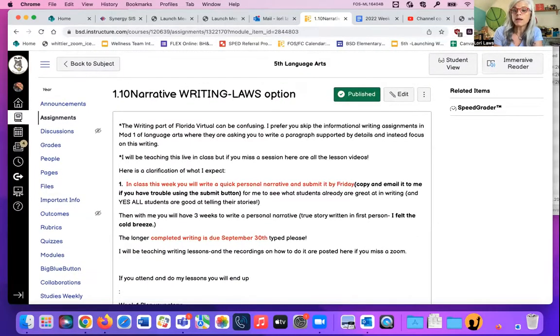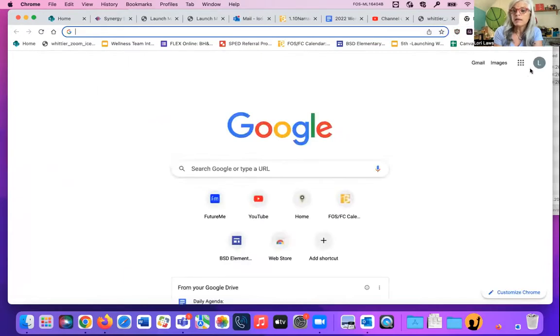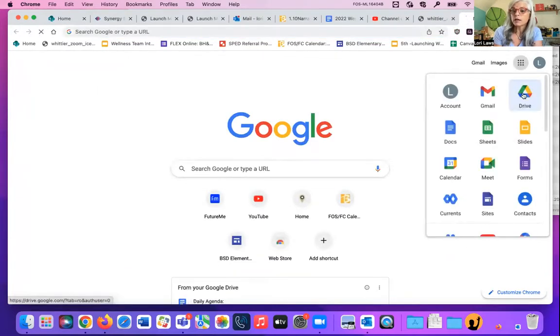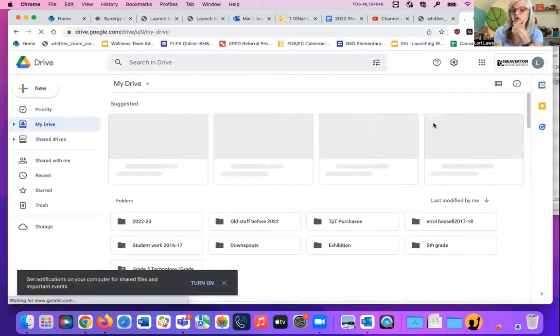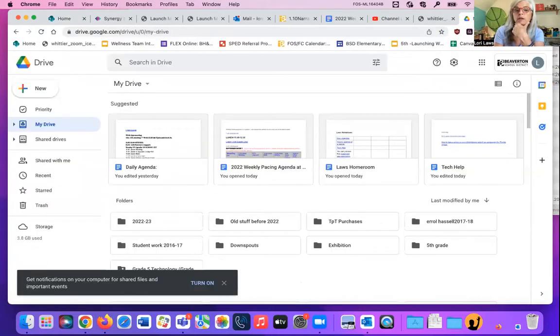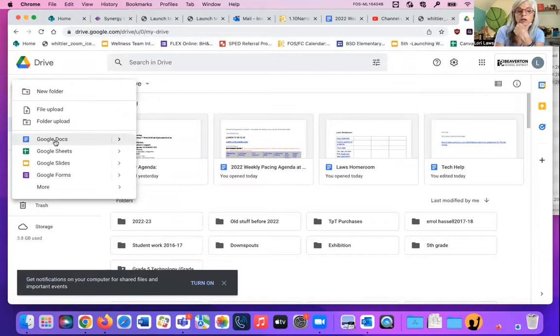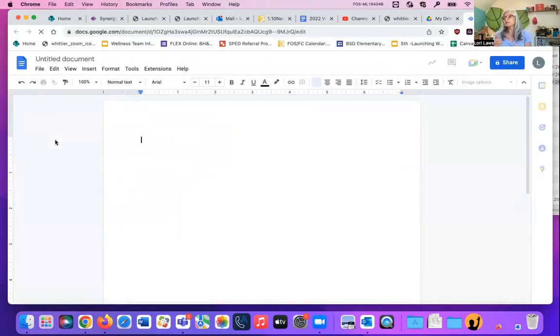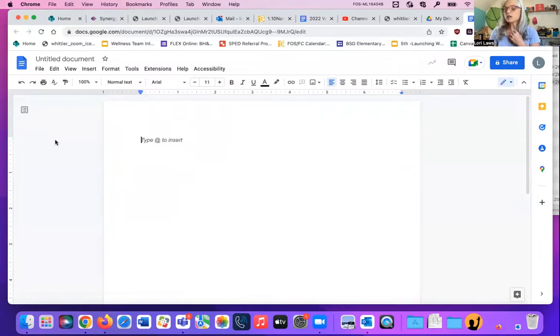Now, what I would recommend is you go to a new tab and you open up a Google Doc. And you go to your Google Drive to do that. You can also do that from your home screen by clicking on your Google Drive right here. When you get into your Google Drive, I want you to click New and start a new Google Doc. Show me a thumbs up if you know how to open a Google Doc. Okay, so I just showed you that. And here I am in my Google Doc.